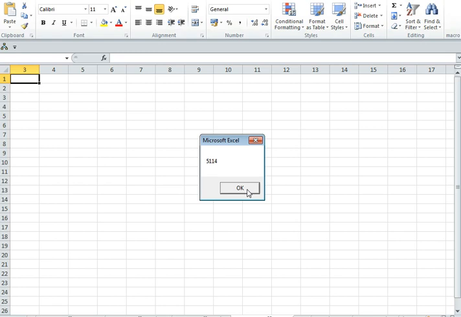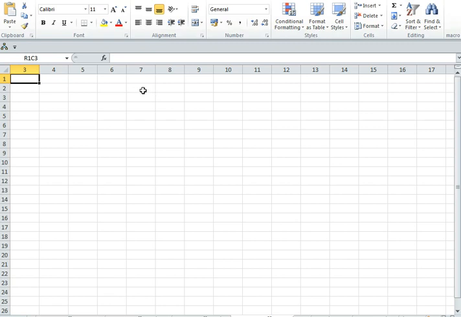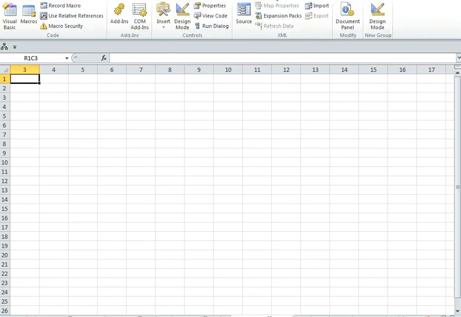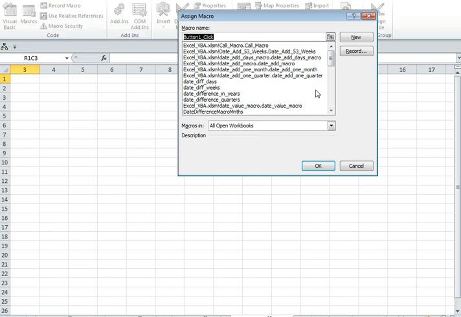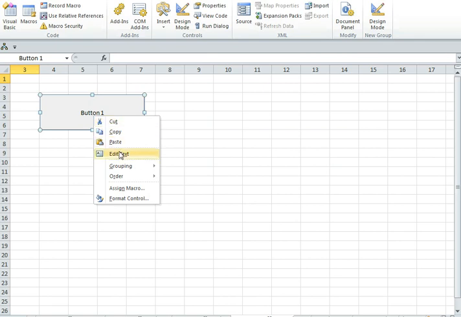So that's basically how you create a DateDiff formula for calculating the difference in the number of days between two dates. And you can also assign this to a macro by a button, by going to the Developer tab, which you can add through the File Options menu, and clicking on Insert, button, dragging it onto the screen, letting go, selecting the code you want to add, so DateDiff days, clicking on OK, right clicking and editing text,